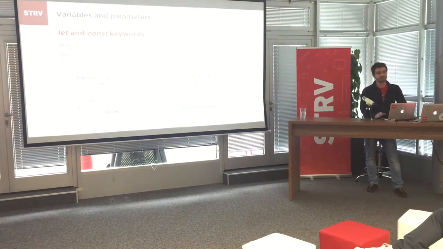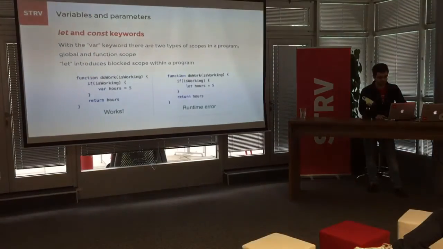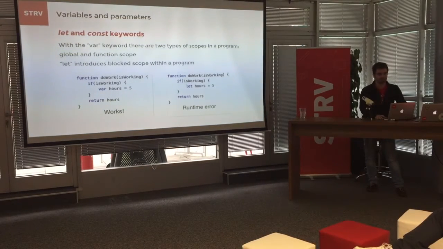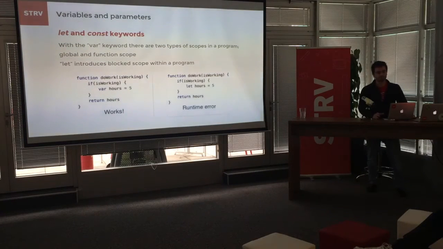There were at least two types of scopes in JavaScript before the let keyword. There was the function scope and the global scope. And now let introduces another scope, which is the block scope. So for example, if you see the example here on the slide,